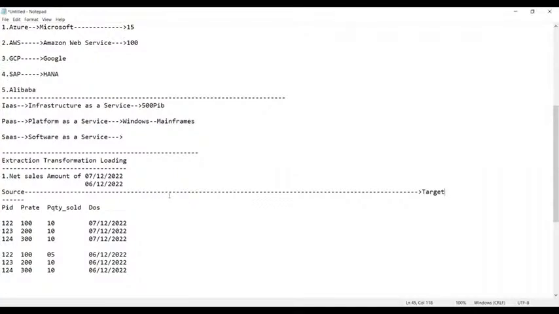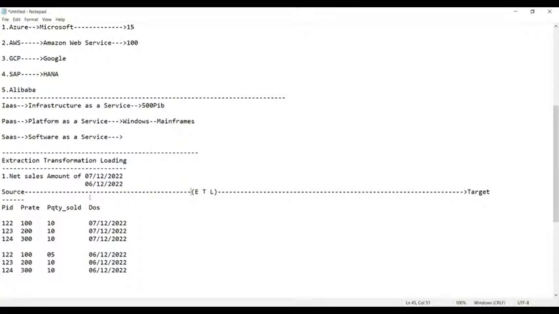Between the source and the target, we apply the process of ETL. You know what is extraction, what is transformation, and what is loading.